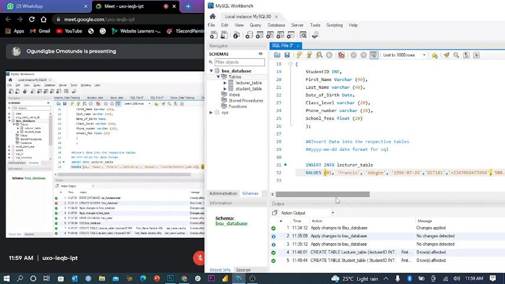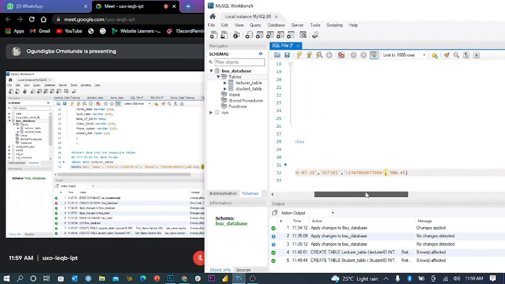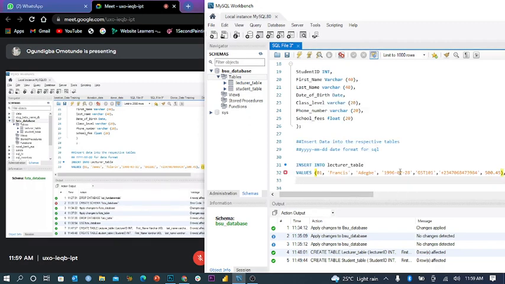So now the second lecturer won't have the same lecturer ID as the previous one. So you can change it to, let's say, 02. I'll try to be fast with this because I explained earlier in the previous one. So let's say the first name is Adams.